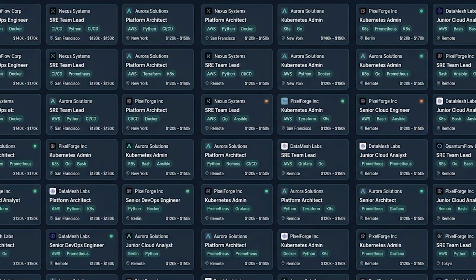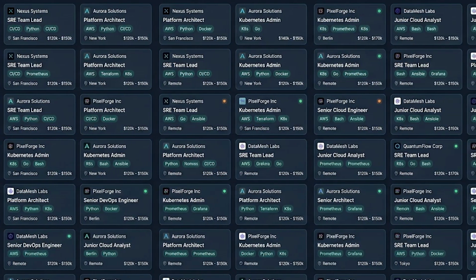AI is very, very useful for tedious jobs. It's very useful when you are stuck, and it can help you learn faster. But your job is still to understand the system. One more trick that's very useful. You can reverse engineer the career that you actually want. Go to job sites like Indeed or LinkedIn and search for the roles you want: SRE, DevOps, platform engineering, or cloud.